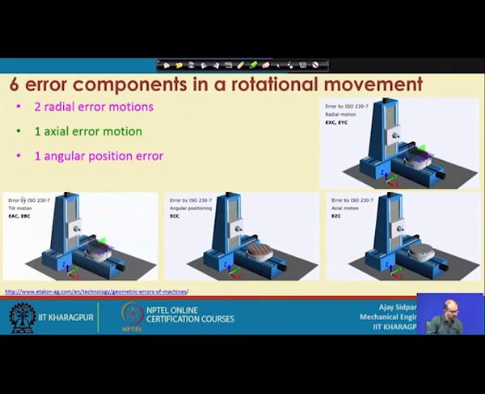And this one is the tilt error motion. Again, wherever we find a radial error or tilt error, all the 3 planes come into the picture. Now, tilt error is the error in the A axis, along the x axis, and the B axis, along the y axis, and then you are getting a circular error. So, let us see how it looks.